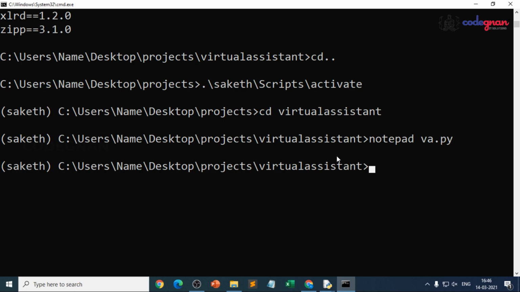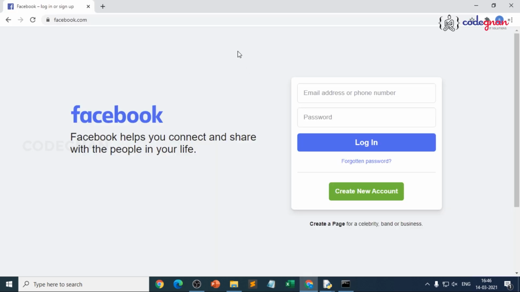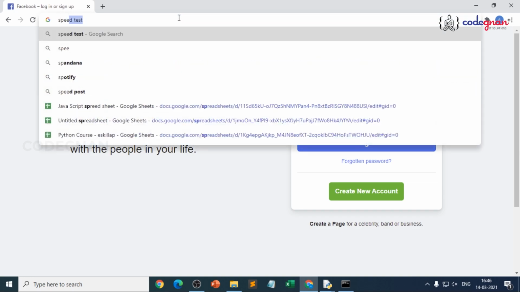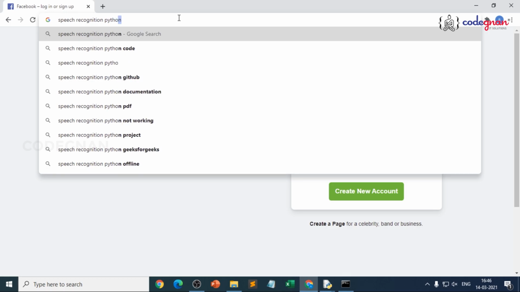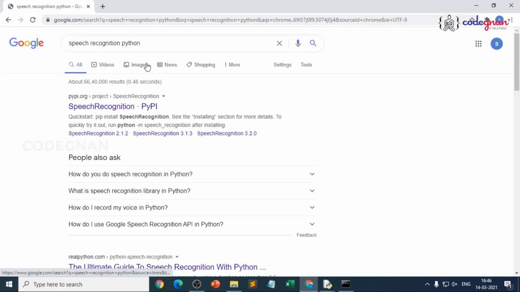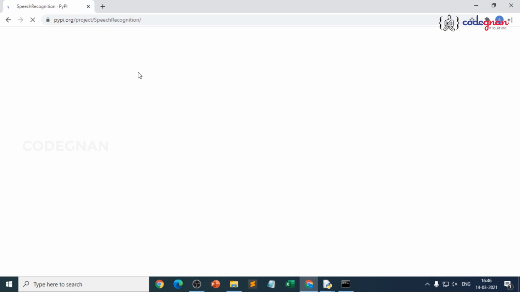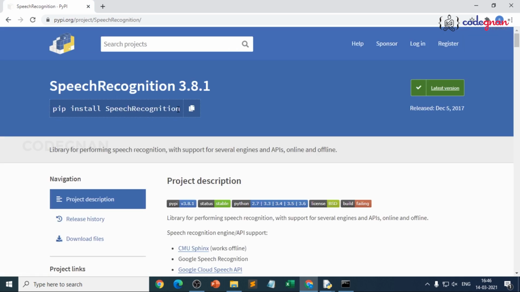So we already have gTTS, that is text to speech. Now if I give speech, my assistant should start taking the text format. So for that we have a package in Python which is nothing but speech recognition. If you just go to the browser and search it, it will tell you. When you go for speech recognition, it is very important in Python. You have so many other source codes, but first you should understand how to install it. You just go for pip install SpeechRecognition, because with the help of pip only we can easily do it.